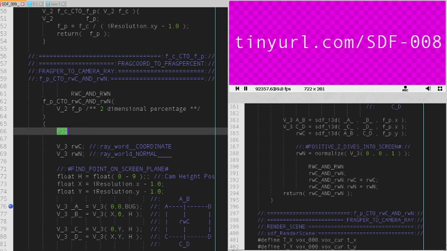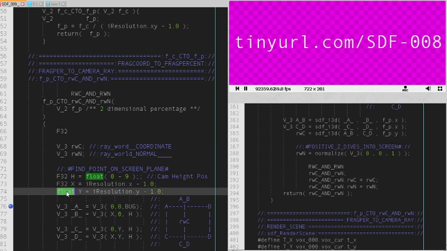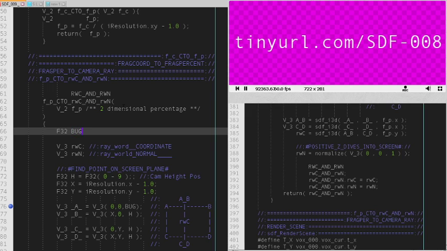We've been using F32 for float, so let's change that right now. F32 DBG, we could use DBG for debug, equals